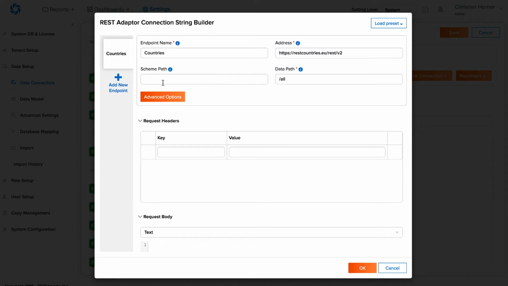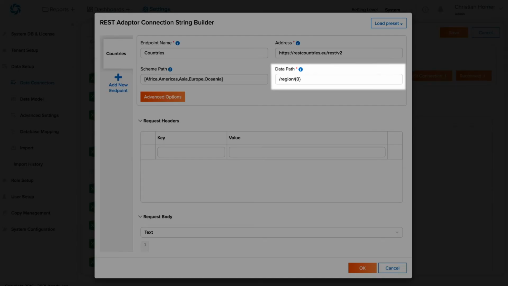Now, we can specify the tables in square brackets in a comma-delimited list. Here, we've told Izenda there are 5 different data sources for this endpoint. With this configured, setting a placeholder in the data path section will allow the regions we configured to be dynamically tagged on the end of the URL path. The placeholder syntax in Izenda is a 0 embedded within curly brackets. For our example, we'll end up with this syntax.